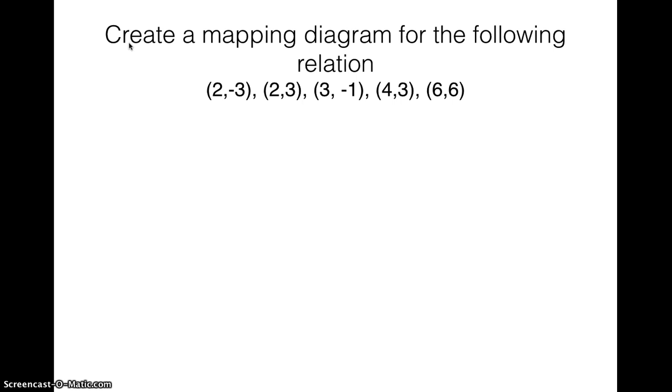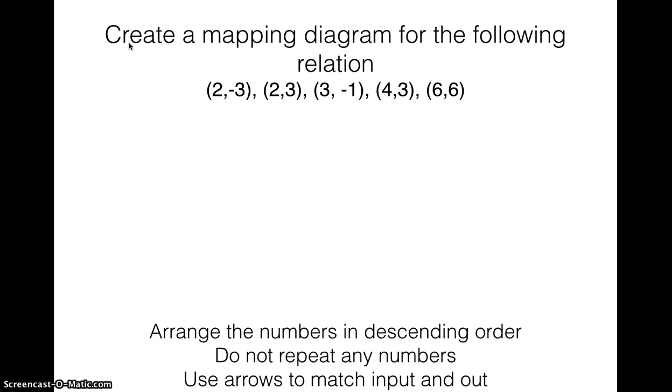We're going to create a mapping diagram for the following relation: (2, -3), (2, 3), (3, -1), (4, 3), and (6, 6). So the procedure for creating a mapping diagram: you're going to arrange the numbers in descending order. Don't repeat any numbers that show up more than once, and then you're going to use arrows to match input